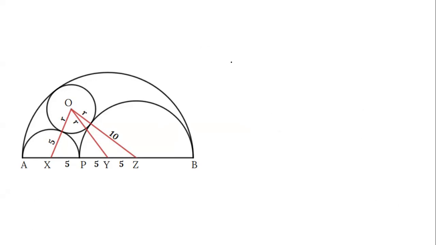Now you see, we can write this OX distance as equal to the radius of this semicircle, because X is the center and this is a point on this semicircle. So this distance is equal to the radius, which is 5, and this is also equal to the radius of this circle, which is R. So OX we can write as 5 plus R. And Z is the center of this semicircle, so from this point to this point the distance is equal to the radius, which is 10, and this distance is the radius of the circle, which is R. So we can also write OZ as 10 plus R.